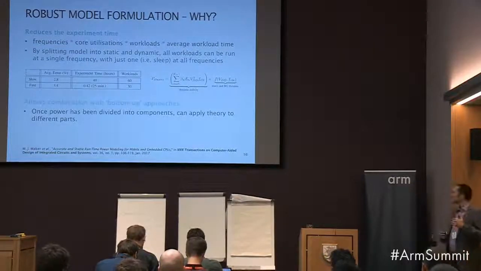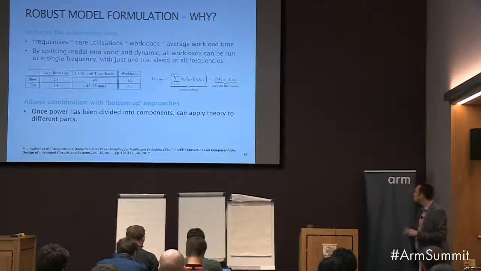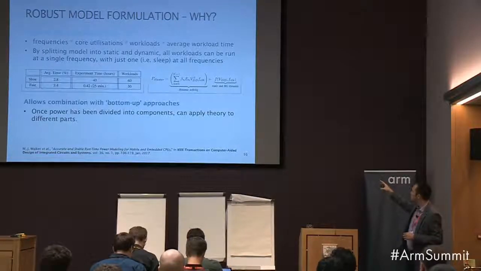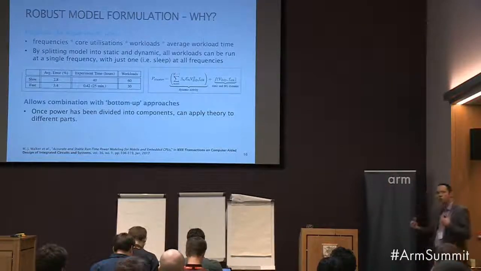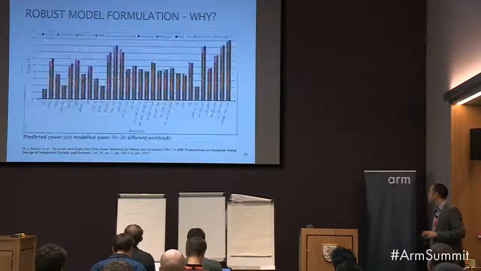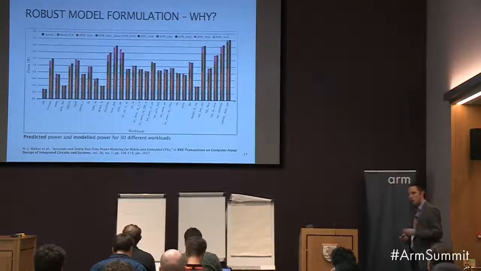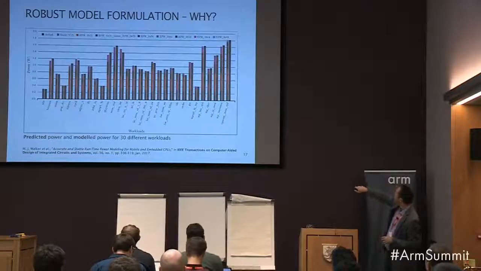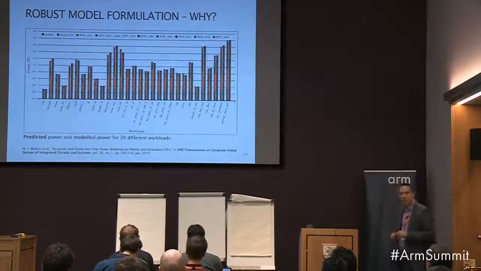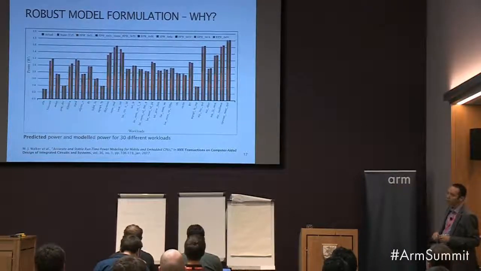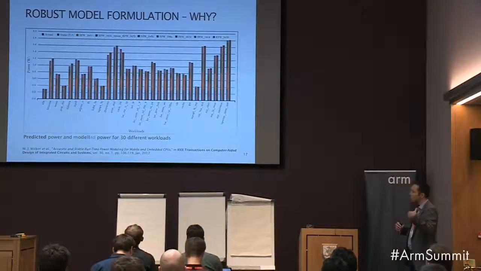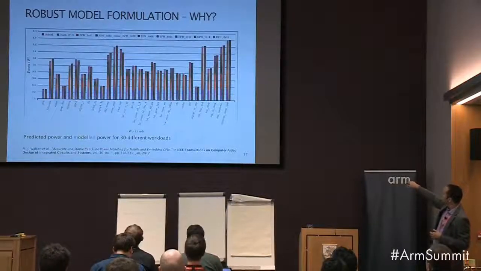One of the other benefits of this is it starts to become closer to the bottom-up approach. So we combine it with the bottom-up approaches. Because we've brought out the underlying causes of the power consumption into the model, you can start to see the contributions of voltage or static power consumption in the behavior that you're seeing. And also, if you look at the coefficients of the different performance counters in your model, the grey bars are the actual measured power consumption across a variety of the different workloads it's been tested on, and the colourful bars are the different coefficients. It allows you to see what contribution the static power makes,